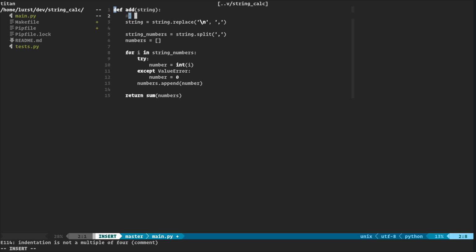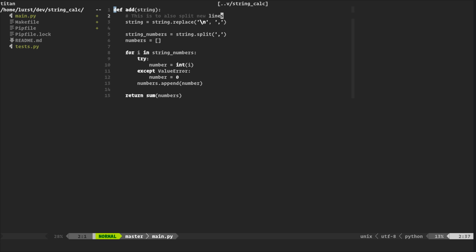A comment. Should I add a comment here? Okay. Well, this is that refactor bit, right?